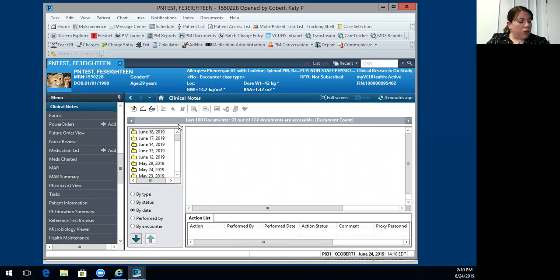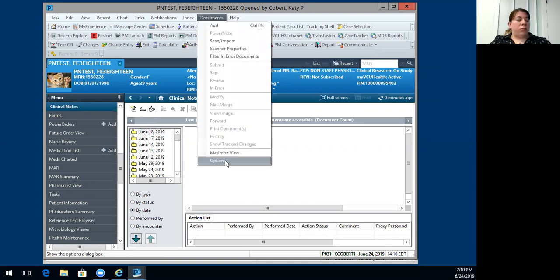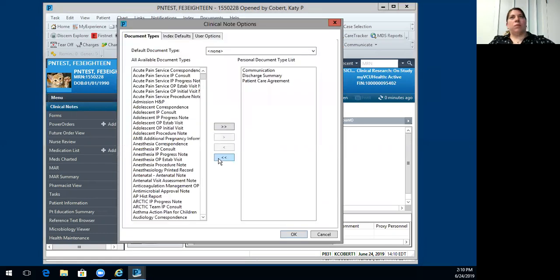Alright, so when you're on your clinical notes tab, go to documents up here, and go down to options. When you find discharge summary and patient care agreement in the available column, move them over to the right. The clinical notes is gonna be the tab where you're gonna